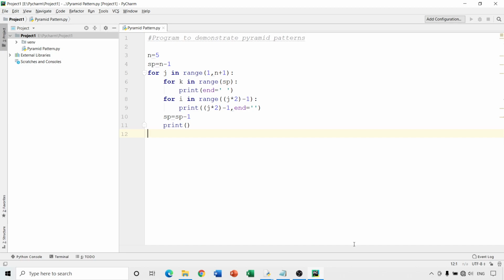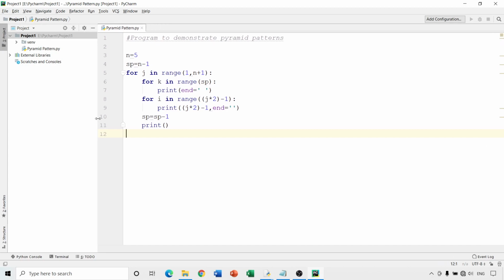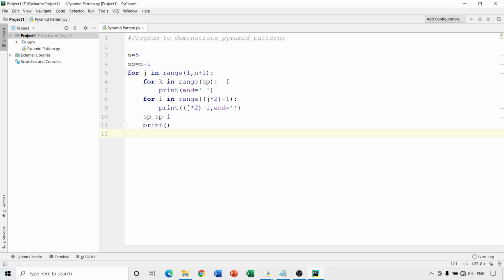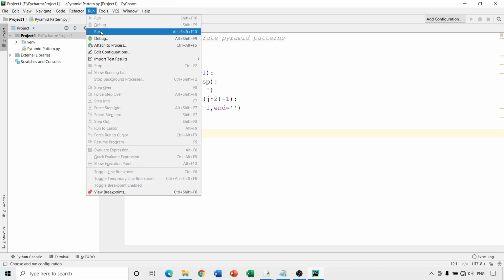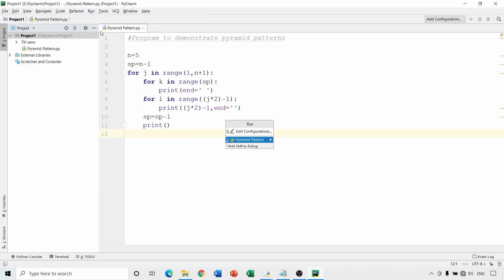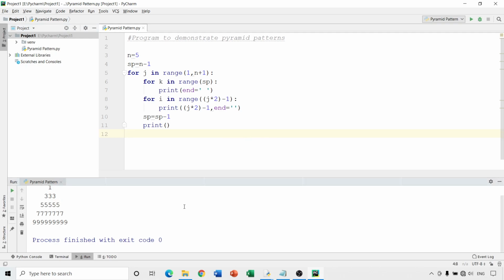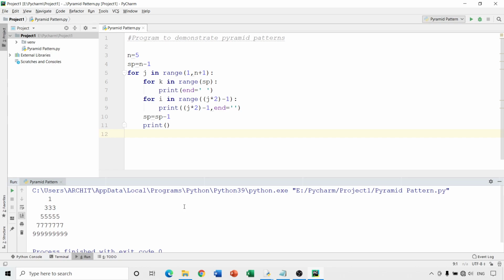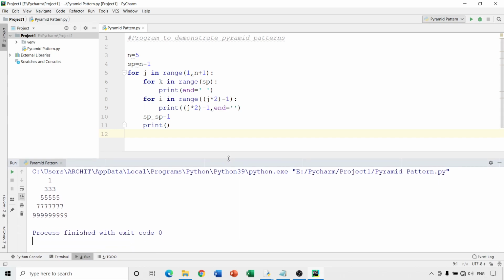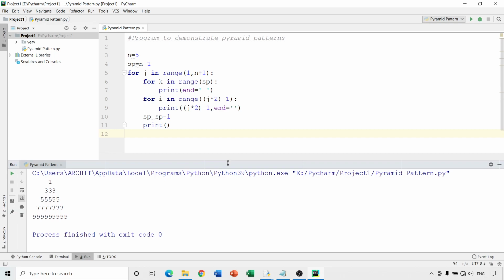Now, let me explain some things about this PyCharm editor. On the left side, you have the Explorer bar, that means which files and all those things. You can just reduce that. Here you can write the programs, and when you execute the program, the output window will automatically come towards the bottom part. Let us try to run this program. It will ask for confirmation, and you can observe the output comes over here. You can increase or decrease the size of the output window as per your requirement.